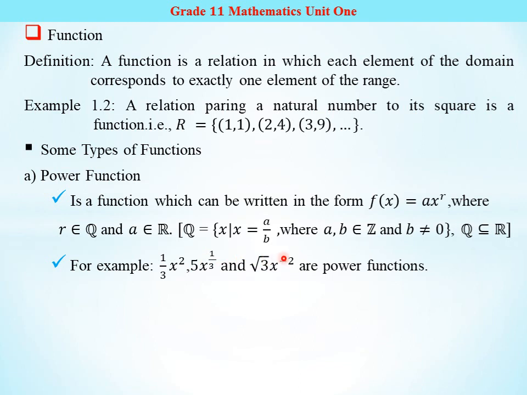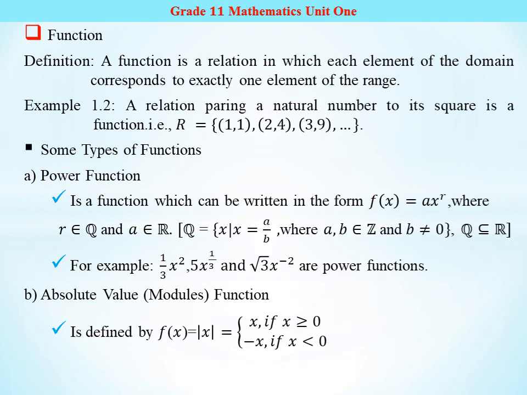ሶስተኛው root 3 times x to the power of minus 2 ይለናል። Root 3 is an element of real number, minus 2 an element of rational number. ስለዚህ ሶስቱም የፓወር ፋንክሽን ኤግዛምፕል ናቸው።